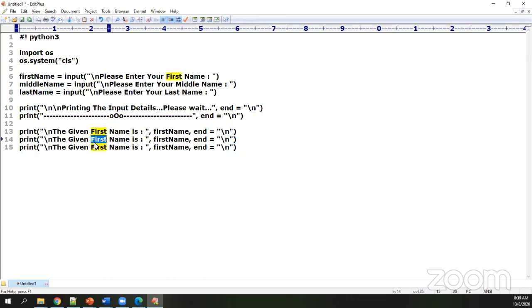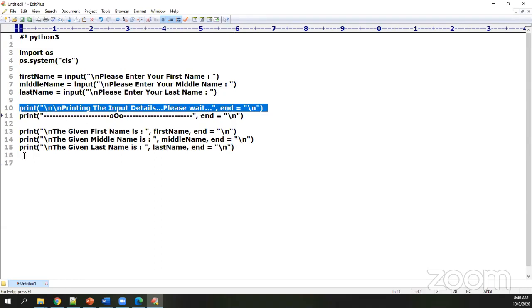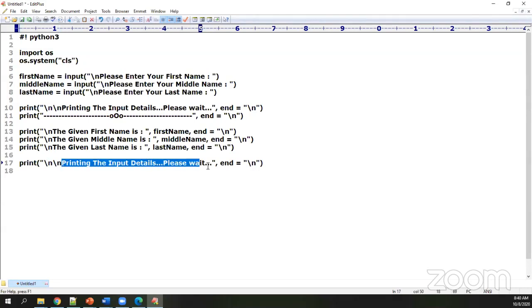Now here I'm just trying to say given middle name is, given last name is. Then we are going with the construct of printing the full name now.